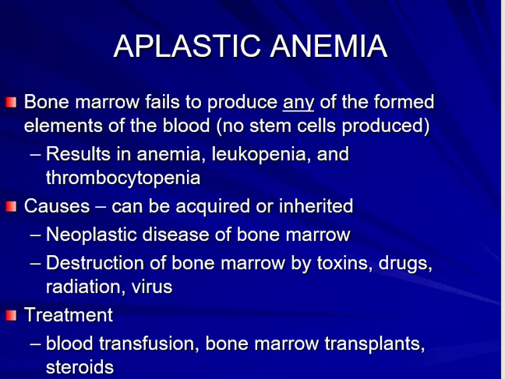It's not creating any of these things. Some of the causes can be cancer. You have a neoplastic disease of your bone marrow. But also it can be acquired. You could be exposed to some sort of toxin, radiation exposure, maybe certain drugs or a virus,